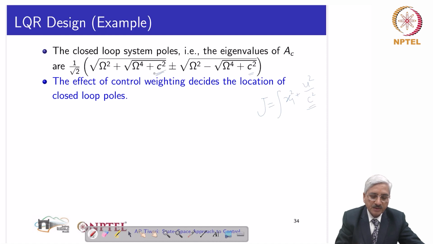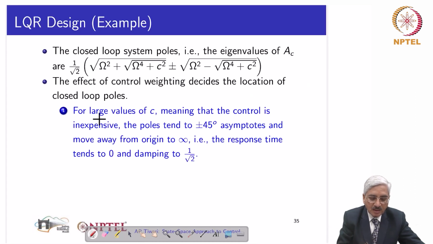We can see that if C is very large, this whole thing will become root C. This C square is larger than omega power 4 and its root gives C, and again that C is larger than omega square, so the whole thing gives a root C, and this will give minus root C, so j root C. So what we'll see is that if C is very large,